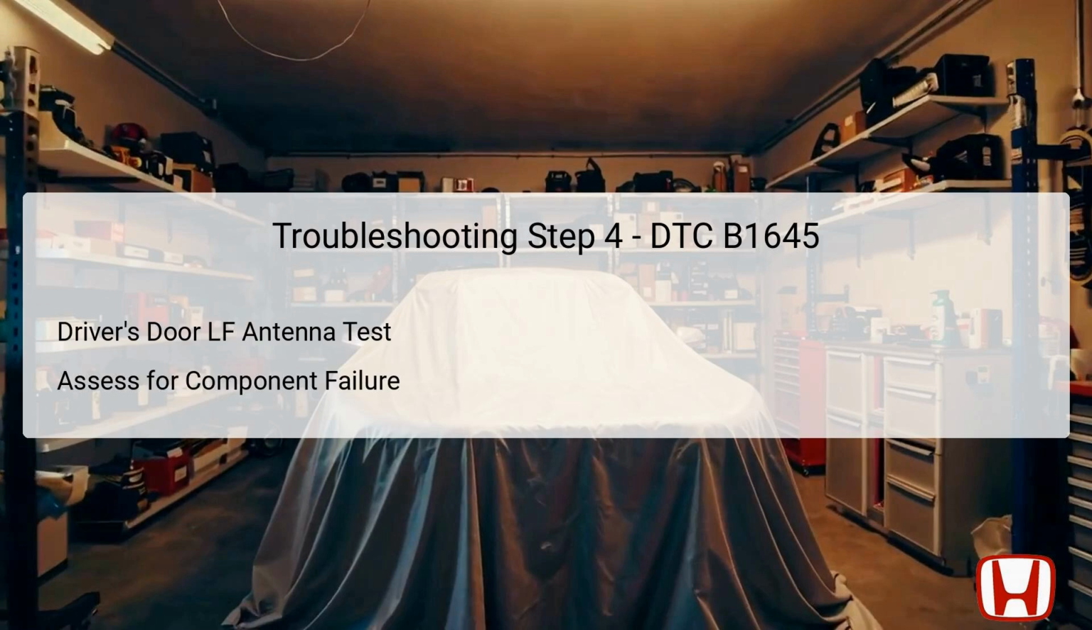If the body control module checks out fine, attention turns to the driver's door LF antenna itself. This step confirms whether the antenna is indeed the component causing the DTC B1645. If prior inspections indicated normal conditions for the wiring and BCM, it is logical to conclude that the antenna might be at fault. Testing the driver's door antenna involves checking its connectivity and ensuring it's functioning as per specifications set